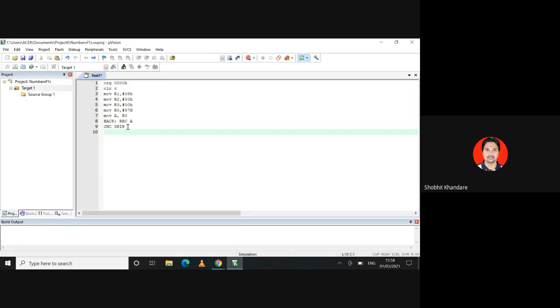So for incrementing R2, you have the instruction INC R2. I have to increment R2. Okay, so increment करना है, लेकिन अगर carry में 0 बिट है तो मुझे skip लेवल पे जाना है. तो skip लेवल पे जाके मुझे क्या करना है, तो वो इंस्ट्रक्शन यहाँ पे लिखना है. So you have a label skip colon. Now see here what I am writing down.